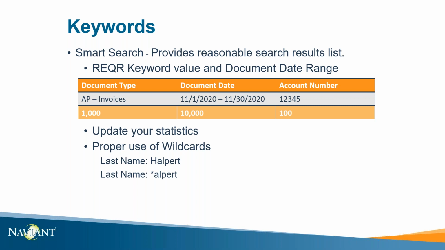If I try to perform a search with a leading wildcard, the database engine can't efficiently use the index to find the value we're searching for. We recommend using a trailing wildcard when unsure of spelling or when searching for a long value. If wildcards are not used properly, they can cause the database engine to do extra work, which results in taking finite resources away from other searches and processes.